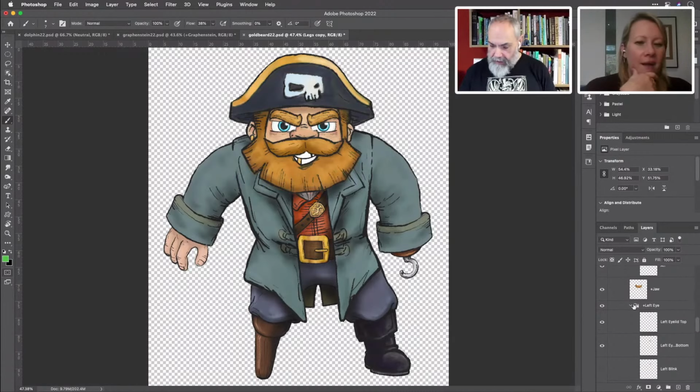And then there's some things here with the left eye, right? So if we just focus on the left eye for the moment, there's my left eyelid. So this one has a top and a bottom eyelid, and the tracking that Character Animator has for these is brilliant, right? If I wanted to give someone the sly eye, by having a top and bottom eyelid, Character Animator can actually make that happen for you. If you just do one simple eyelid for a blink, that's all you're going to get. But if you actually have a top and bottom eyelid